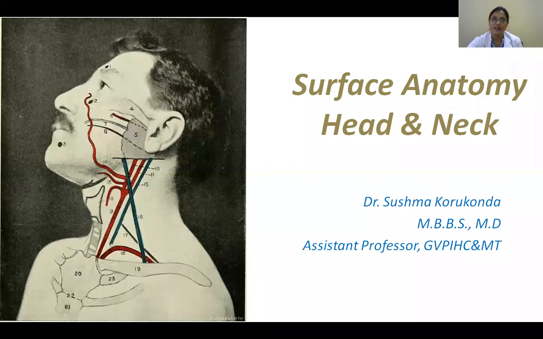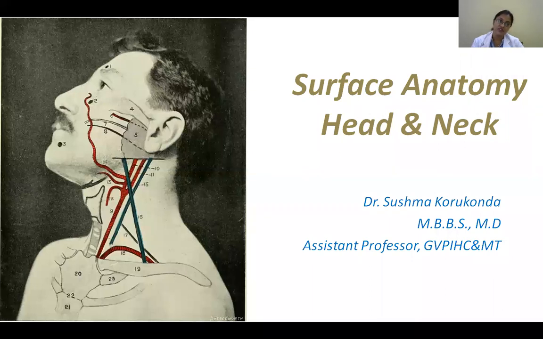So 65 participants now for the class. So we're starting the surface anatomy of the head and neck. This class actually has to be taken by Adinarayan because he's got some problem with the voice. He asked to take the class. With less than 50% of the students attending this class, I think it's really very bad to start the class today. Anyways, so surface anatomy of head and neck.